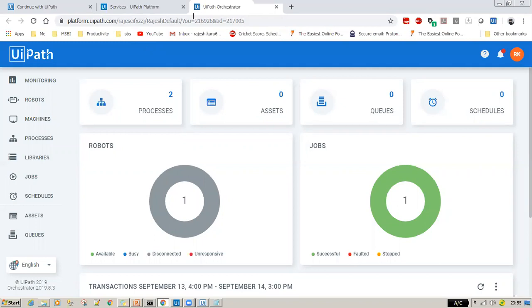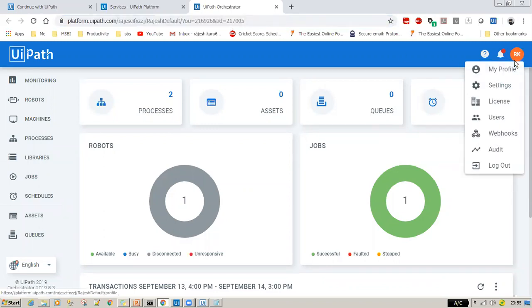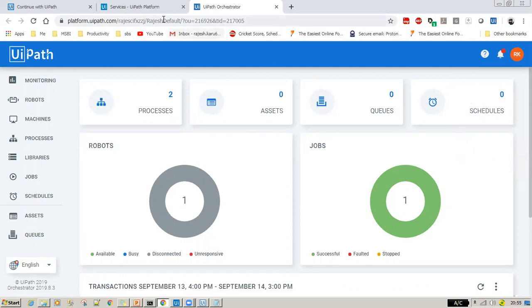Once you get into a project, the first thing you need to ask the team is to give you access to the development Orchestrator, because you develop some parts in Studio and, in order to run them from Orchestrator, you need access to this particular URL. The administrator will provide this access, so make a request to the team saying you just joined a project and need access to the development Orchestrator.